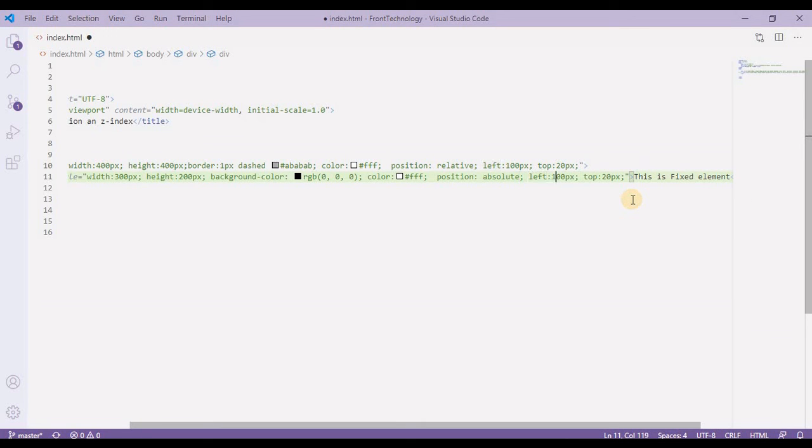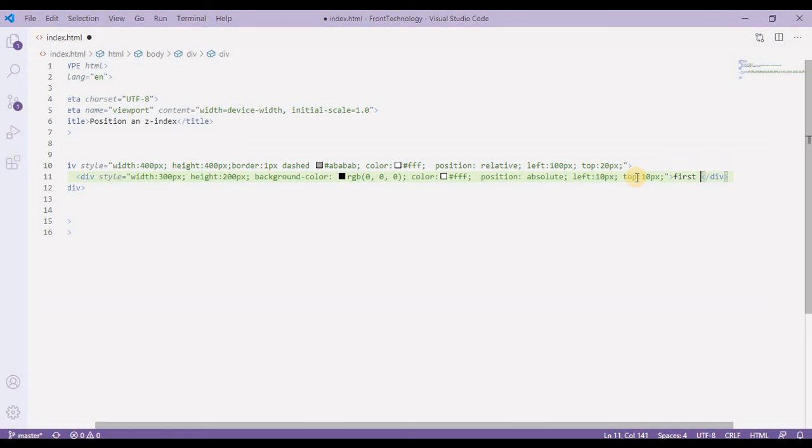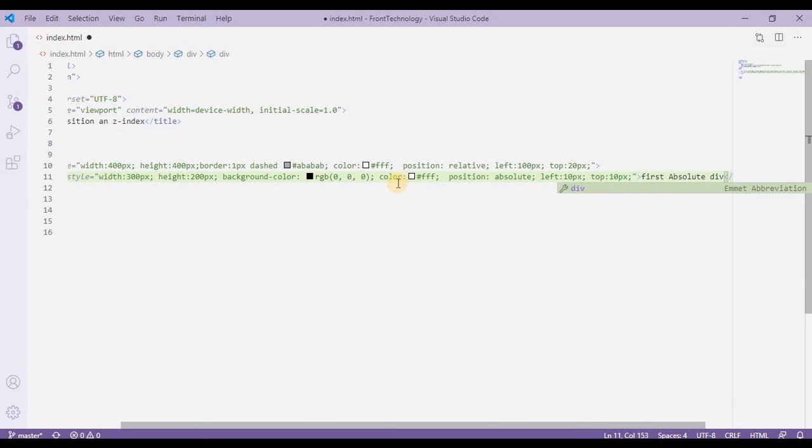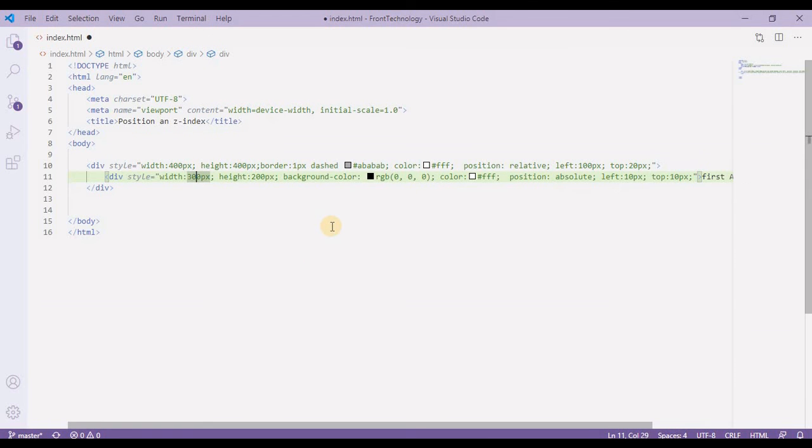And I want to provide a left of 10 pixel and also a top of 10 pixel, and this is going to be the first absolute div. The width is going to be 200 pixel, and the height is 100 pixel. And now let's go back to our browser.